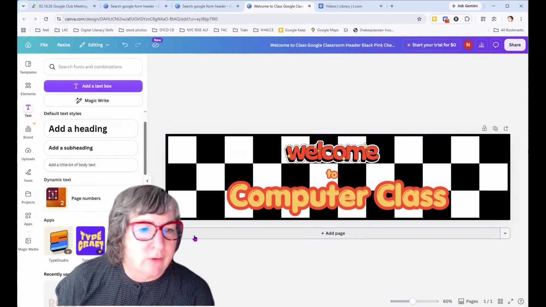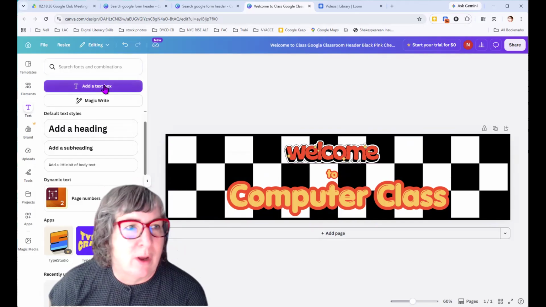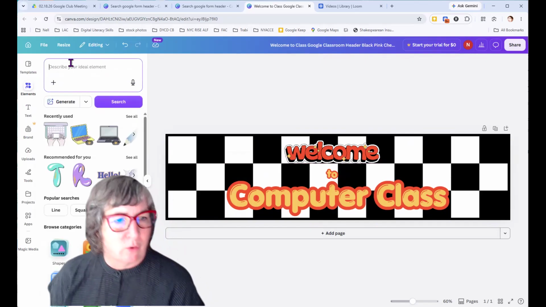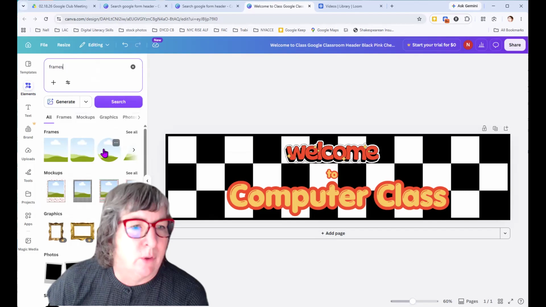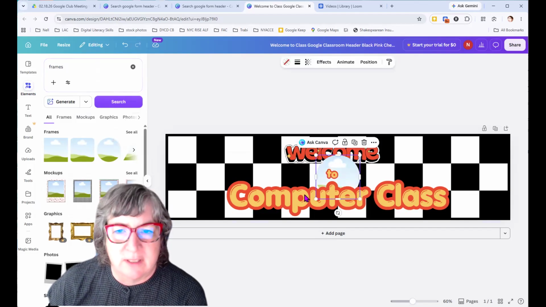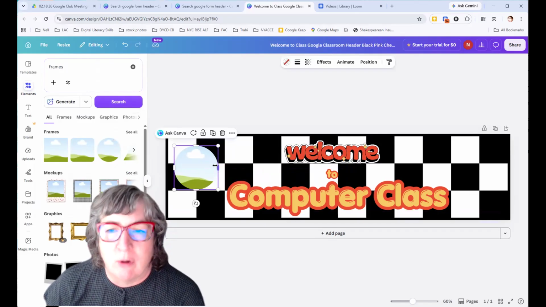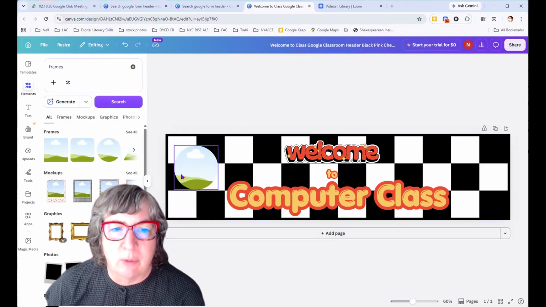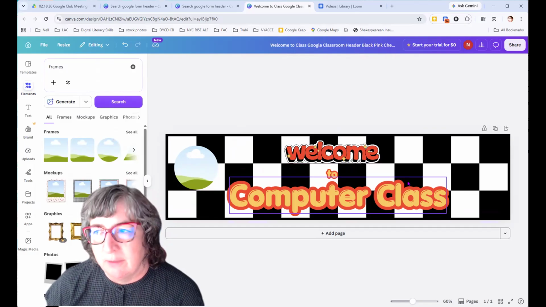Another thing I want to do is I want to put in a little photo of me because I want my students to know who I'm going to be. So I'm going to come over here to elements and I'm going to look for frames. And I'm going to pick this frame. It's going to stick it right there in the middle, but I can just drag it over here. If you have trouble with dragging, just go back out and then come to the thing that you want to work on. Sometimes when this gets plonked right there in the middle, there's like so many different things. And when you click on it, you might end up with the wrong thing